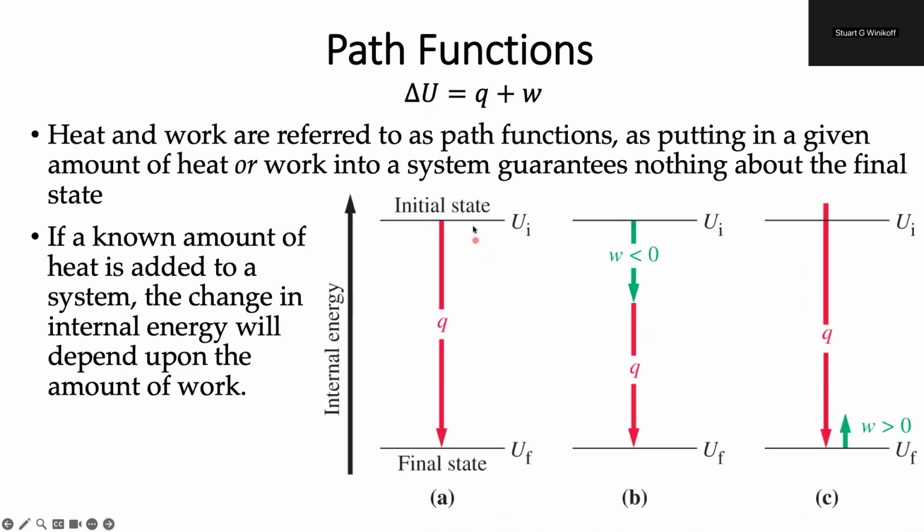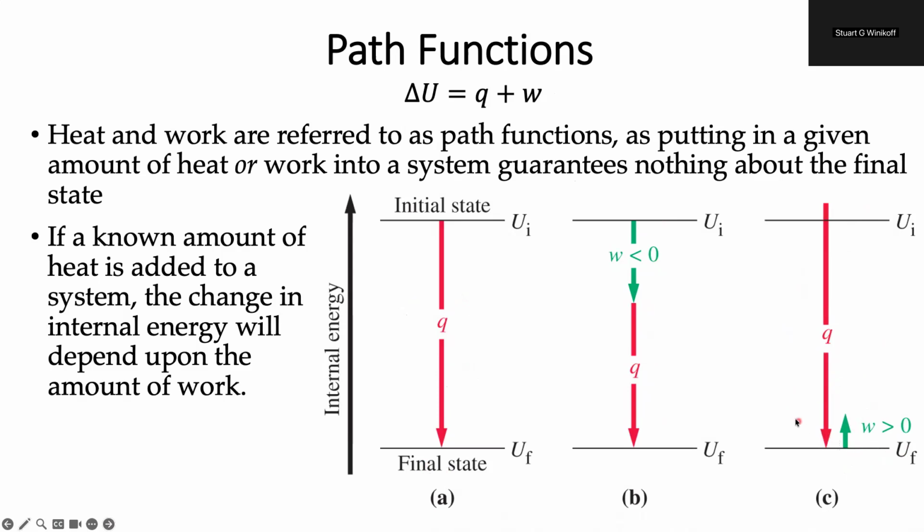So for example, if I pull heat from the system, I have a decrease in internal energy. But is that all from heat? Or did work provide some of that energy? Or as I lost heat from the system, did I put some work into the system, which cancels out a bit of this? So it turns out it isn't sufficient to know only the heat or only the work. In order to tell anything about the state of the system, I need to know both.